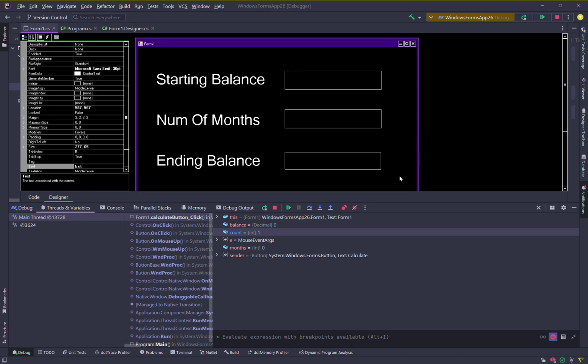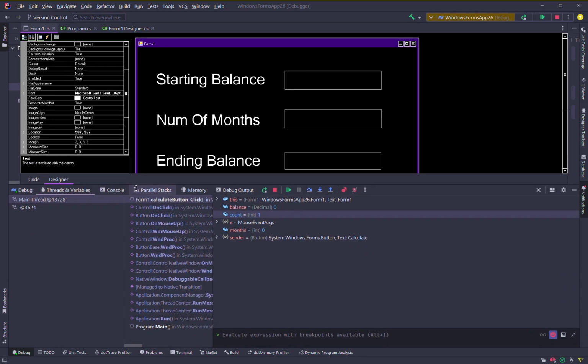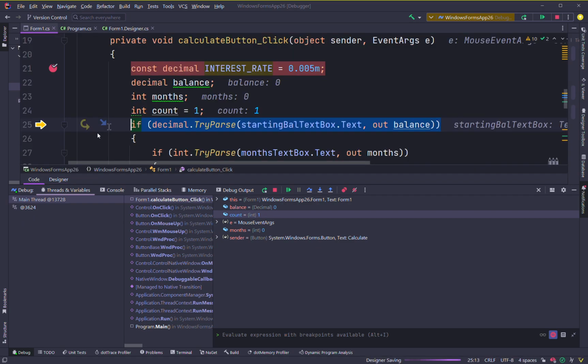So remember we have a button down here, which you can't see, right there, calculate. Then we also have our text boxes that we use and the label. So this one was called starting bal text box. Okay, so if we go down here,